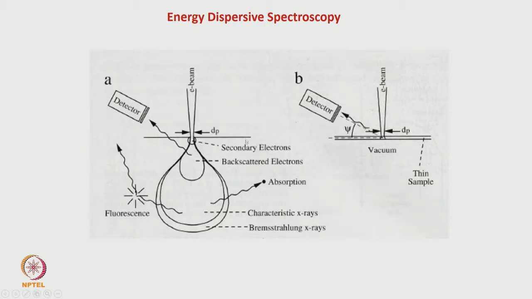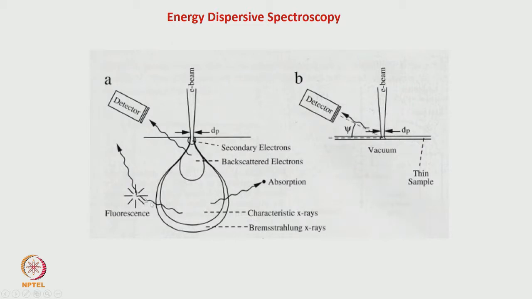So there is a depth from which the X-ray comes out, and not only that, as that X-ray comes out of the sample surface, part of this X-ray undergoes absorption. So suppose this contains something like 1000 atoms, maybe around 100 atoms have generated X-rays which have lost their energy. So the number of counts corresponding to a specific value of energy gets reduced. That means the composition analysis introduces an error. So we have to account for all these factors to find out what is the exact composition of that sample surface.